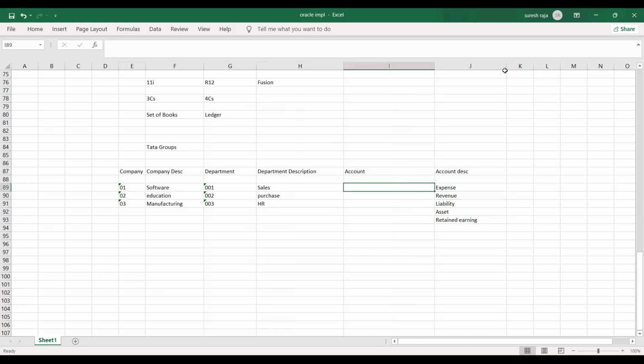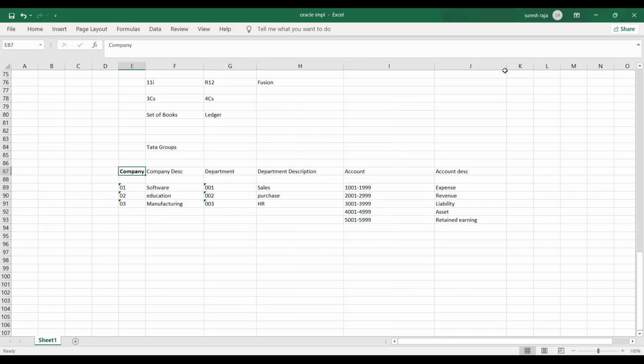So every time I'll keep expenses. Maybe I'll give expenses 1001 to 1999 is my expense. 2001 to 2999, whatever expense, as per revenue, it will come here. Like that, we divide. Normally, we'll do like a scenario. Maybe you can change the number. 5001 to 5, and so on. So basically, what I create is called a segment. This is what we are going to create now.